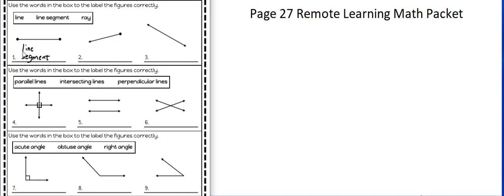All right, here number 2. It's got a clear beginning and it goes on, and the arrow indicates that it goes on forever and ever. So think of that as like this is like the sun, okay? And this is like a ray of light shooting off of the sun. So that is a ray,